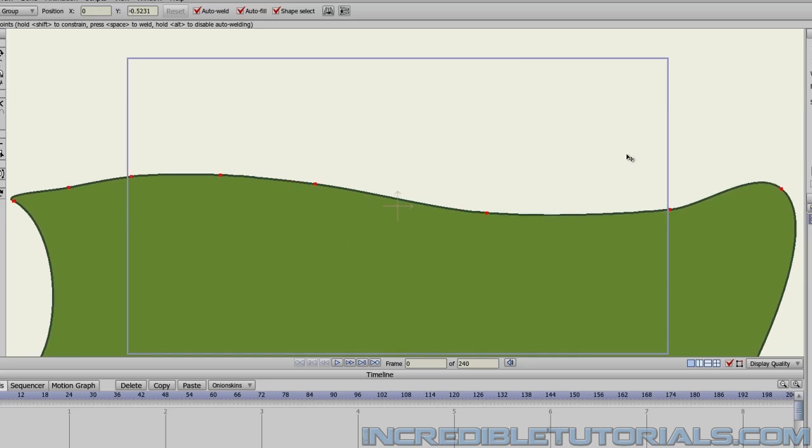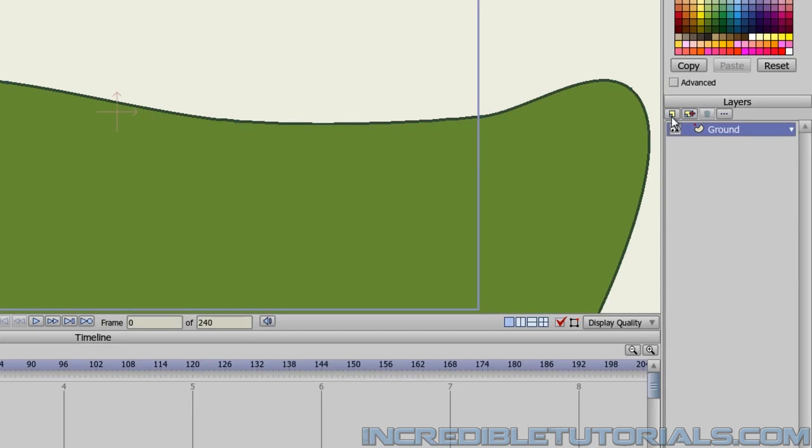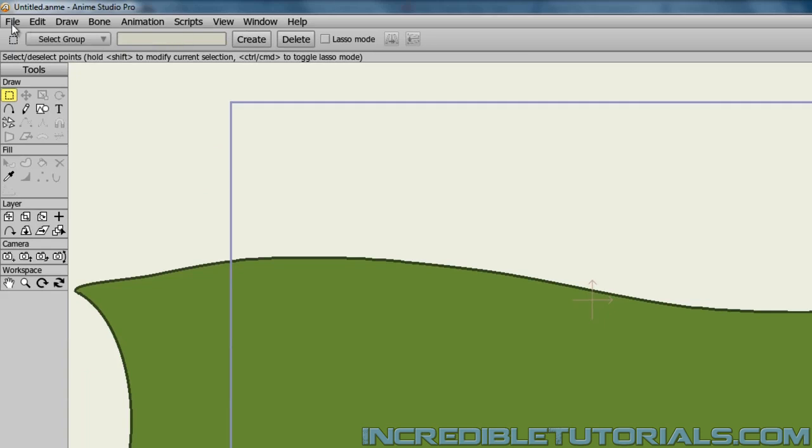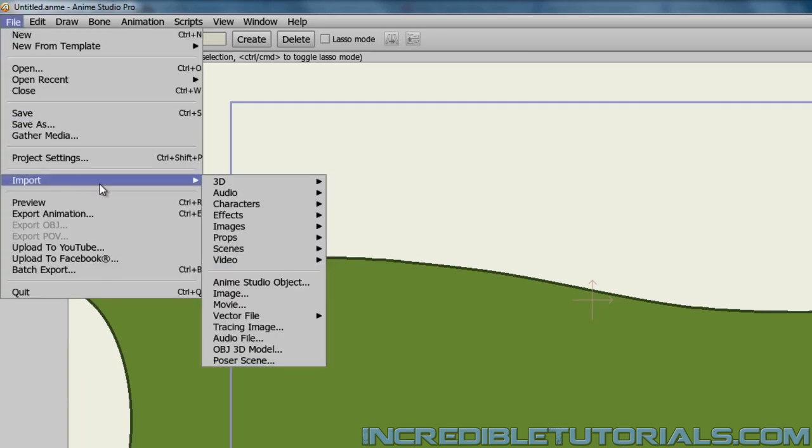All right, next, let's create the road that we have going from this point down to this point. So we'll make a new layer and name it road. And before we get started with this, what you may want to do is import your van into the scenery. That way you can match the van angle with the road angle. So we can go to File, Import, Anime Studio Object,